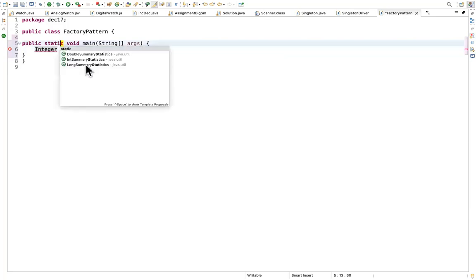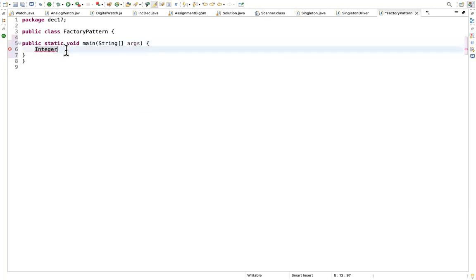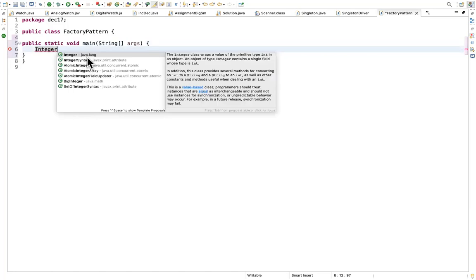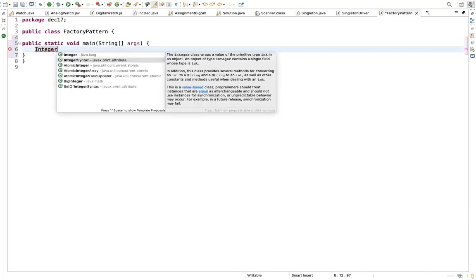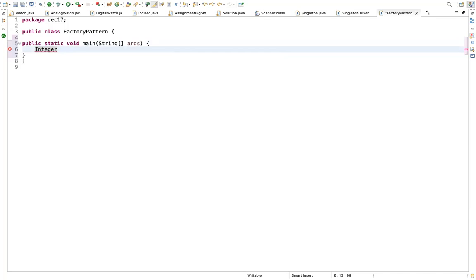reference after that. I think it has not got imported. I need to select this one. Yeah, the first one, right? Then space, give your reference. Since it's in the lang package, you can't see that import in your class. Okay. This is the default package. So have your reference created